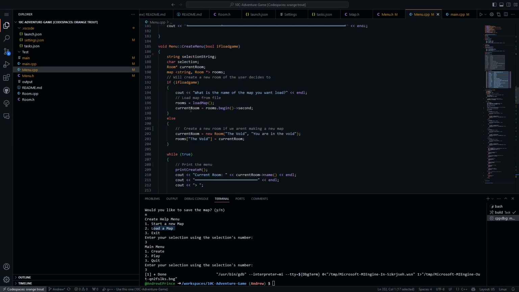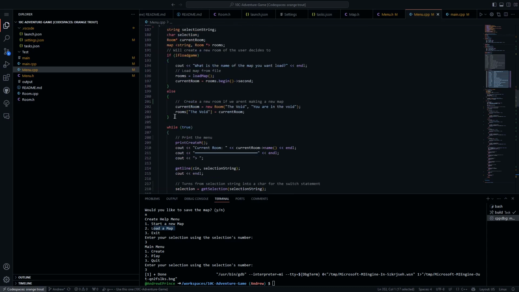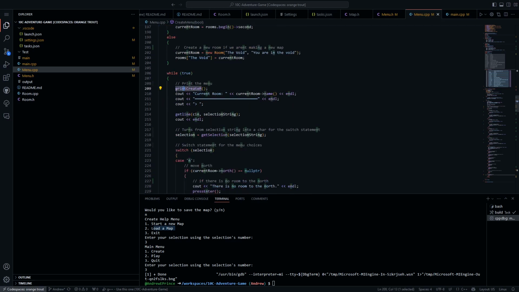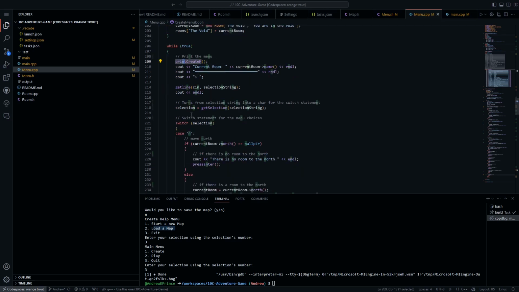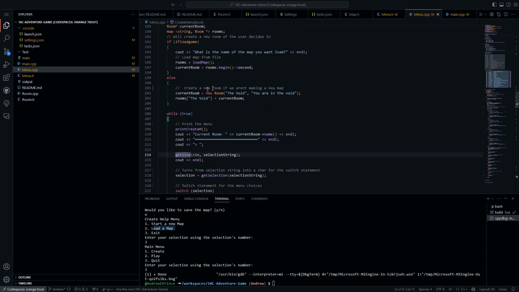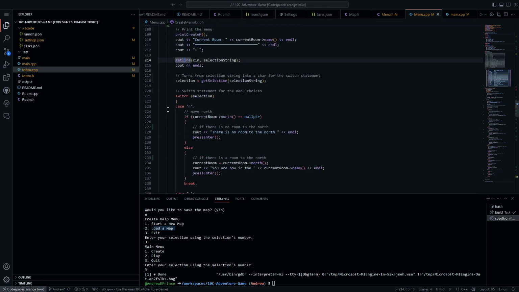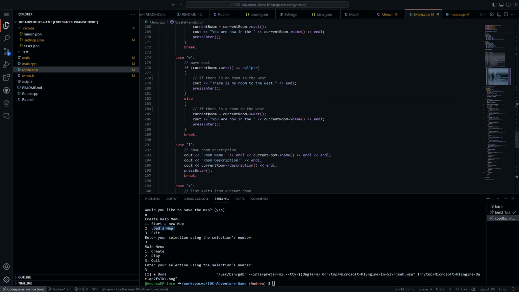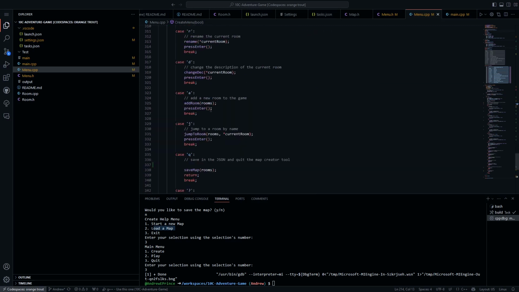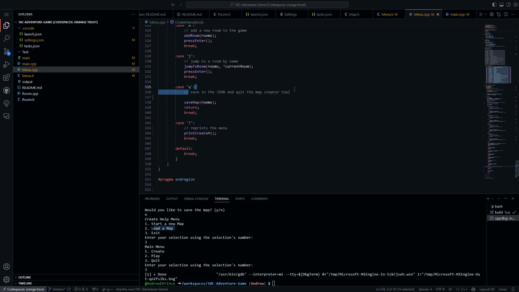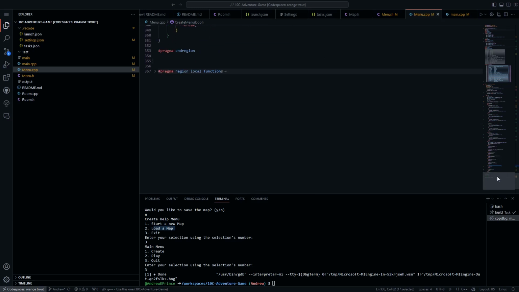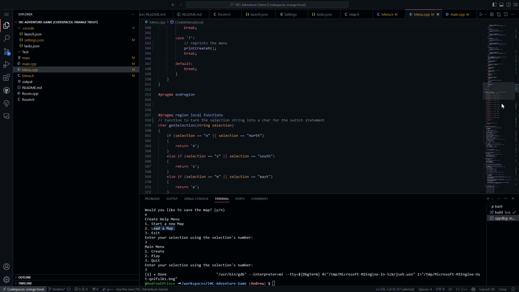So it goes through that, right, and then it creates it, or otherwise it will create a new room randomly, which basically creates a new map. Then it tells you what your current room is, and you put in whatever you chose in the map. Then it goes to the selections, in which if you go to quit, then it saves it, and the save function is at the bottom of this Pragma here,